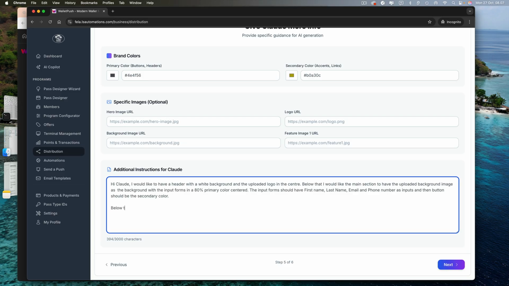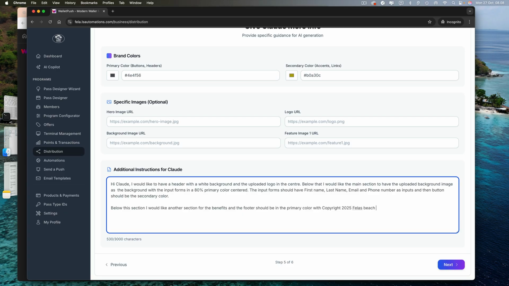Below this section, I would like another section for the benefits, and the footer should be in the primary color with copyright 2025